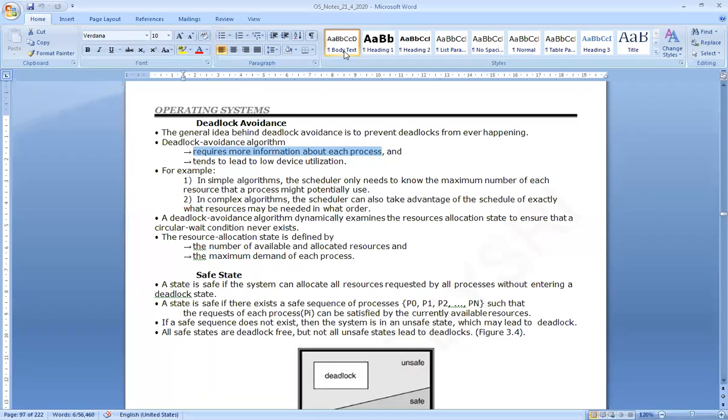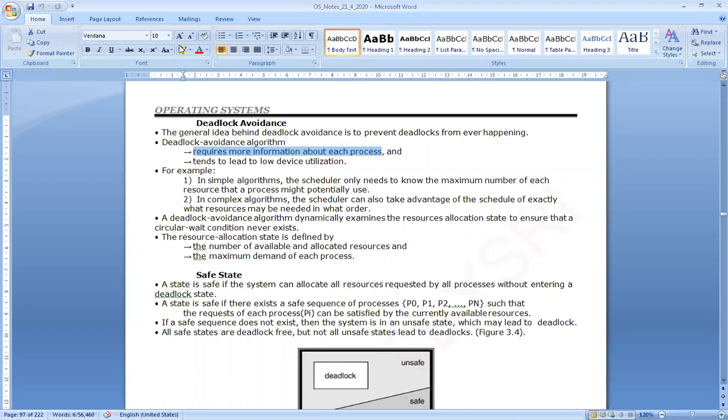What is the size of the process, what are the child processes called by that particular process, and when that child process is starting and ending. What are the different resources allocated to execute that process, and for how much time the resource is used by that process. If you are able to collect all other details about that process and give them to the processor in advance, then it can help in avoiding the deadlock situation. That is called deadlock avoidance.